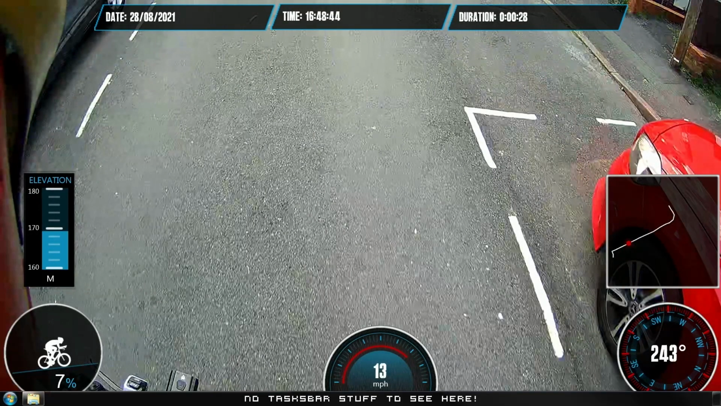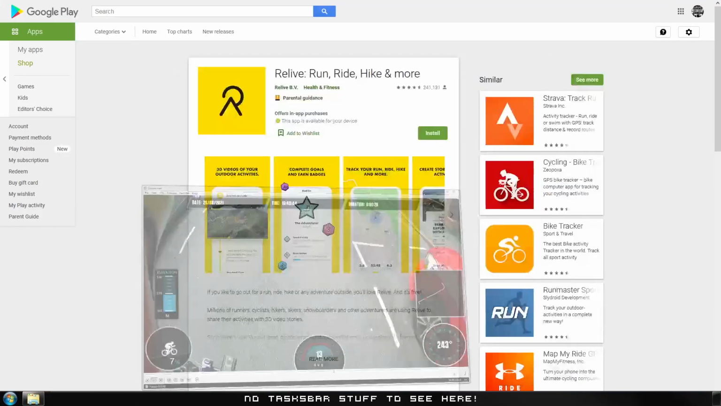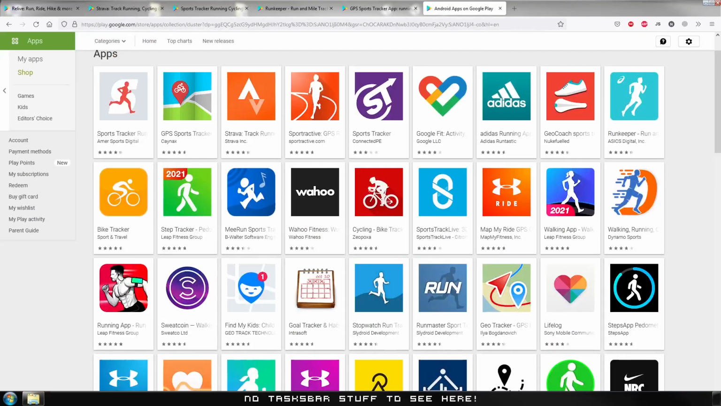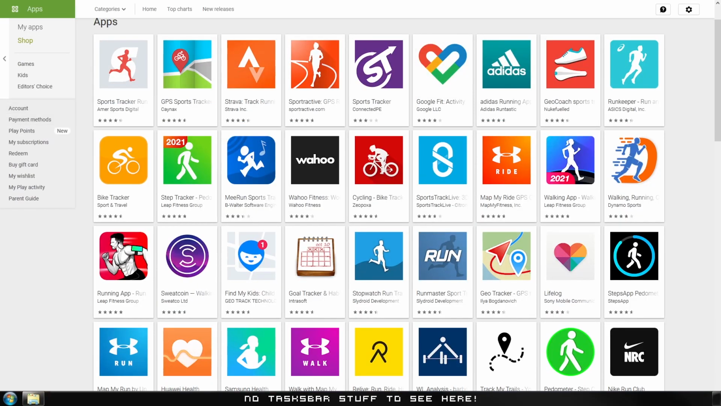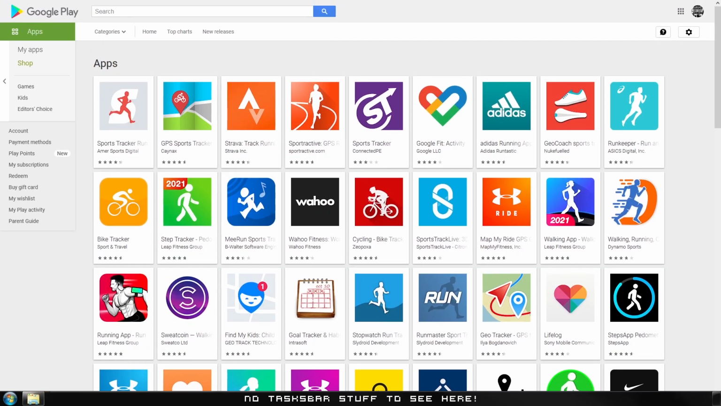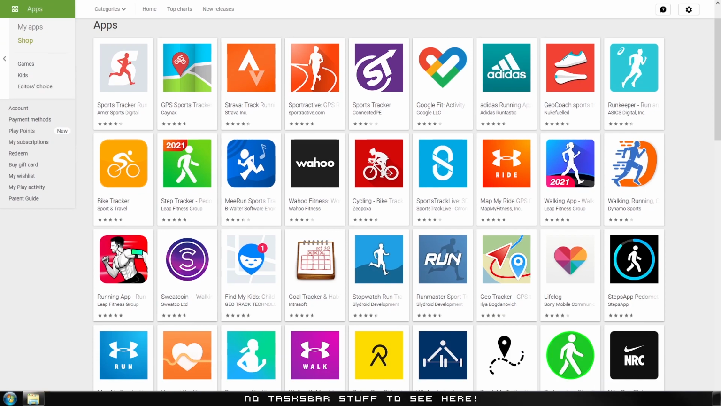So we'll just minimise that out of the way. Okay, so first thing you will need is something that can track you on your phone. You can literally just do a search for sports tracker app, and this is the page that will come up, and there are loads. Sports tracker, Wahoo, the Nike,